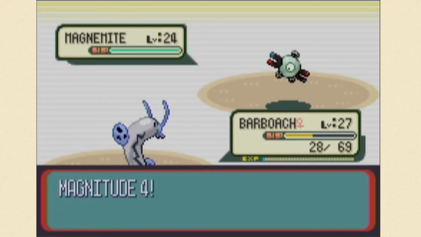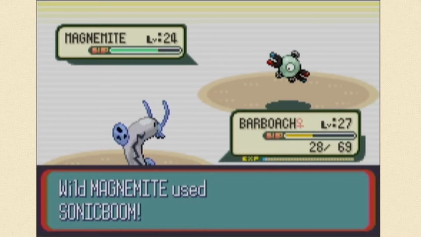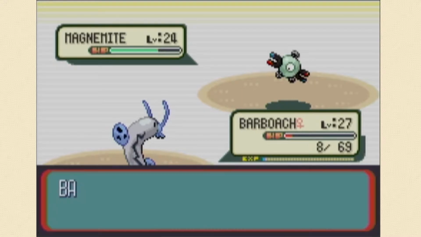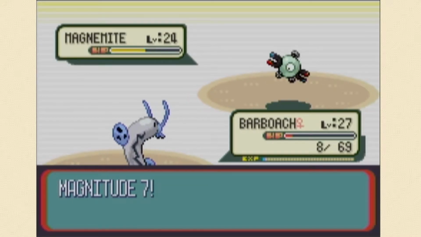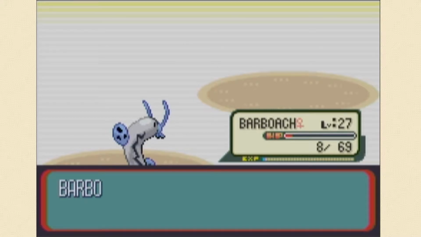And I'm running out of magnitudes. Base 10 again. It's like I've had more magnitude 4s, and I've had one magnitude 10. Like, what the hell, man? What the hell? I had forgot the Magnites also carry Sonic Boom, but since I usually KO them before they even get a chance to move,